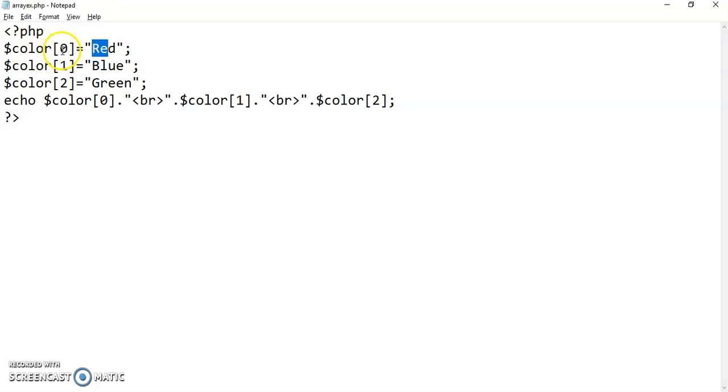So color 0 equal to red is going to store the value red as an array element at the index 0. So this automatically becomes my first element. The second element will be stored at the index 1 and the third element will be stored at the index 2.